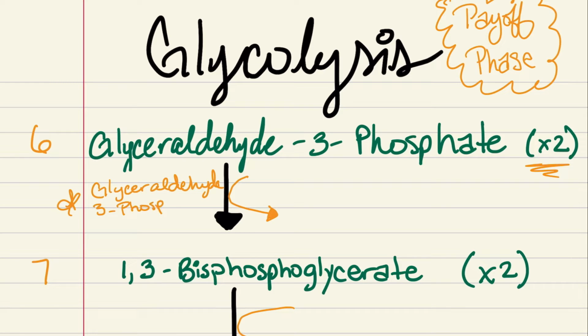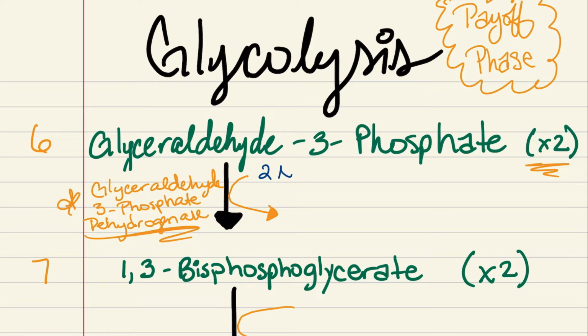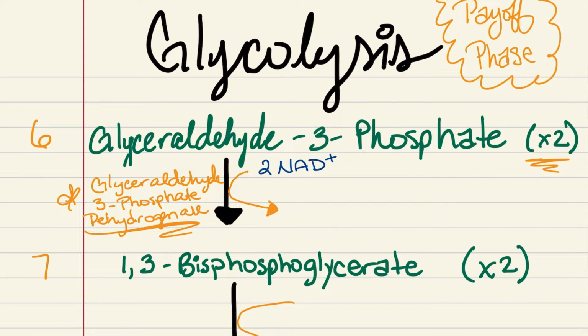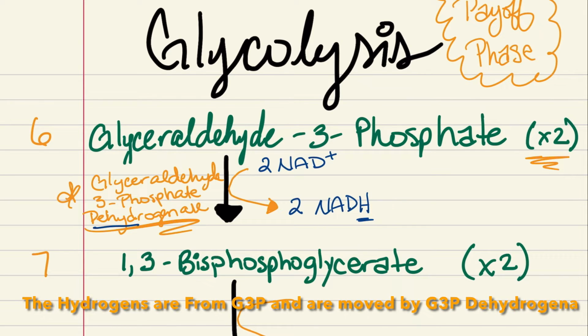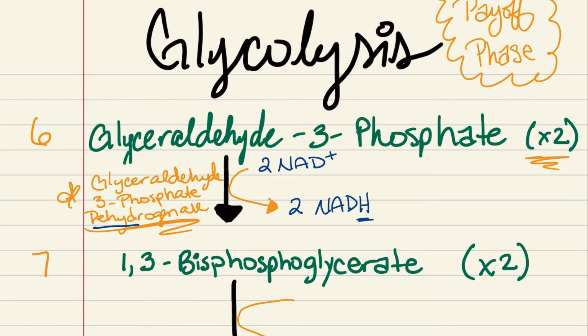So now we have glyceraldehyde 3-phosphate, and it's going to be processed by glyceraldehyde 3-phosphate dehydrogenase. We're going to be losing hydrogens. 2 NAD molecules are then converted into 2 NADH. And where did the H come from? From the dehydrogenase. So let's move on to step number 7, where we have